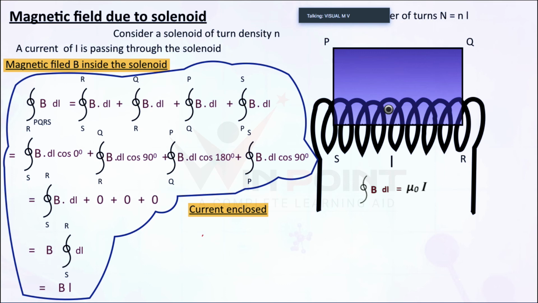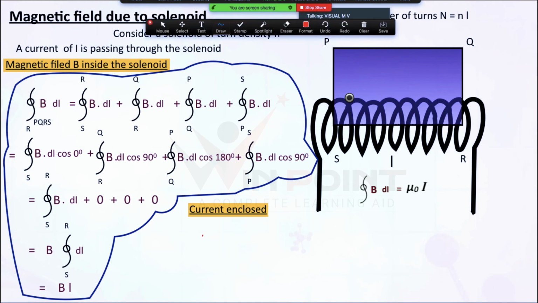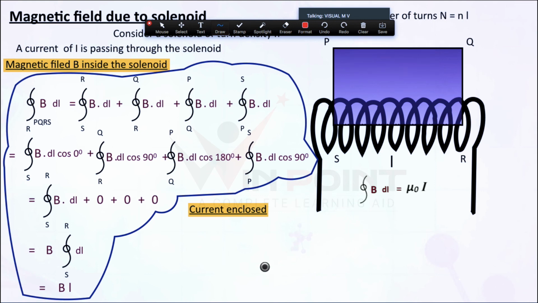But here we have considered an Amperian loop. In that Amperian loop, the lower part of the solenoid we are not considering. We didn't consider that lower part. We are considering only the upper part. So there is no cancellation of the current, minus I and plus I, because all the current here is coming up. This is the other region where current is going down. That we are not considering. Only this upward current we are considering. So I enclosed is not going to change.